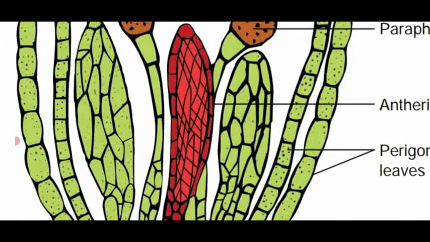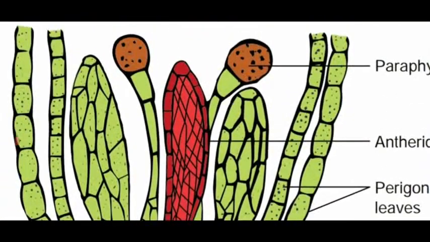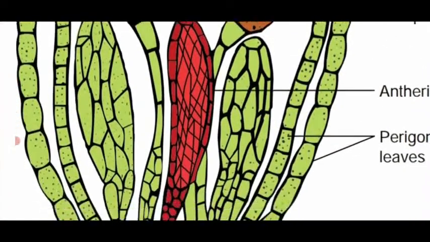Dear students, at the center many antheridia are there. The red colored one is an antheridium surrounded by an outermost layer, only one layer, known as the jacket. Inner to the jacket, it consists of many androcytes. These androcytes mature and are modified into biflagellate anthrozoids. So this is the male sex organ of Funaria.